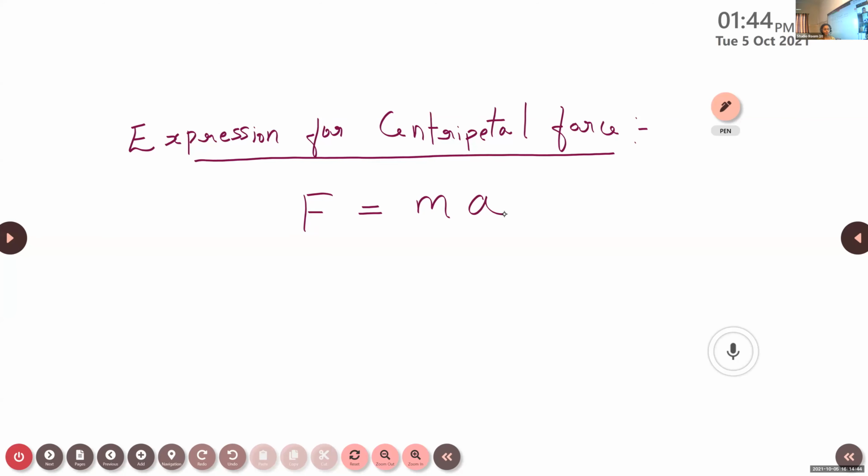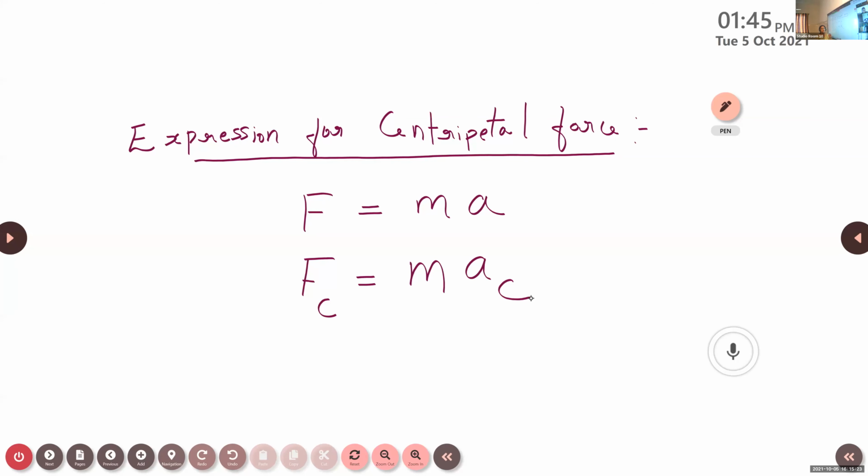But here we are going to calculate the centripetal force. So we can represent it by Fc, centripetal force. The force that is acting towards the center of the circular path in order to keep the object moving along a circular path. So Fc is equal to, mass remains constant always, so mass of the object into, what about the acceleration? Is it the simple acceleration? In order to keep the object moving along a circular path, it is the centripetal acceleration, AC. Very good.